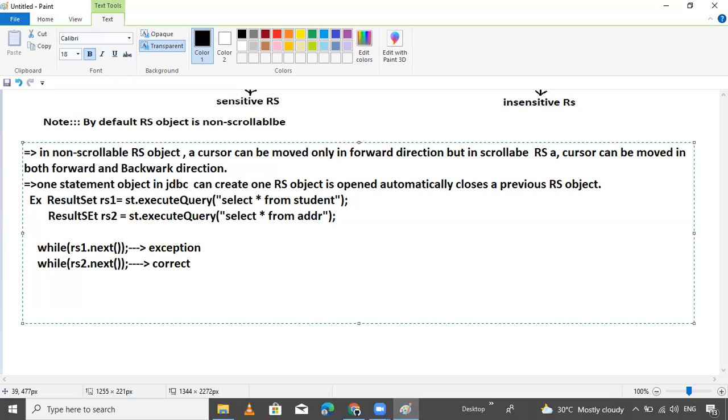Why? Because the first result set is closed automatically, and then the second statement is executed.